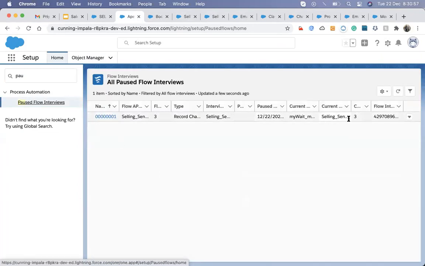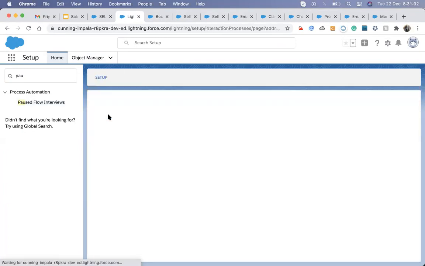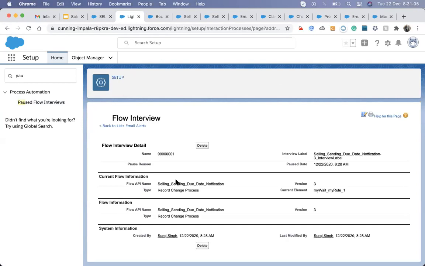Yeah, you can see that an action is fired. It will send, means it will send whatever the flow name and all those things. You can find out details. If you delete it from here, then it will not send an email, else it will send. There is nothing up here that says when it will be sent, but it will let us know which process is working over the record.